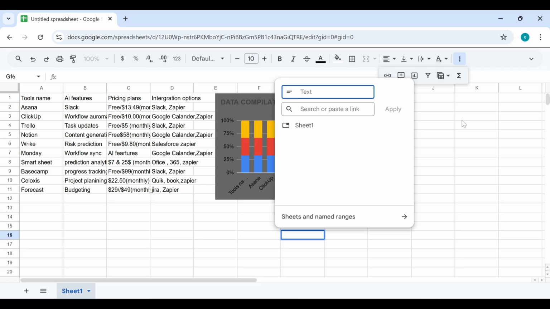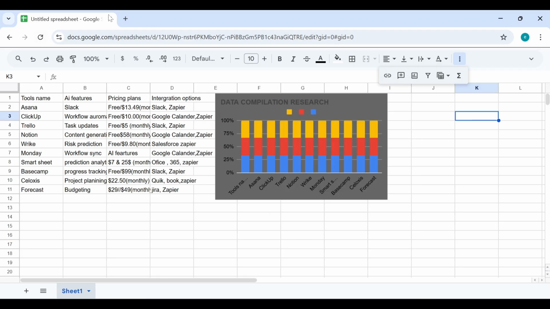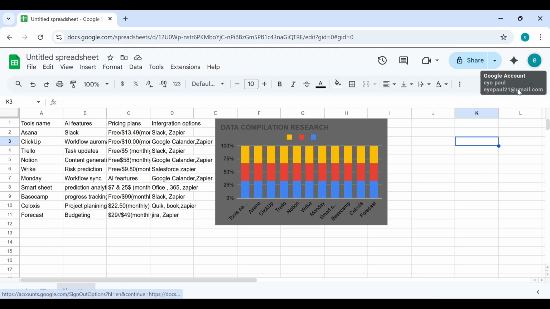Search based link. Okay. So you're done with your work. What you have to do, you saved, right? Save your work. Now you can see, this is the share button. This is the share button. You might choose to